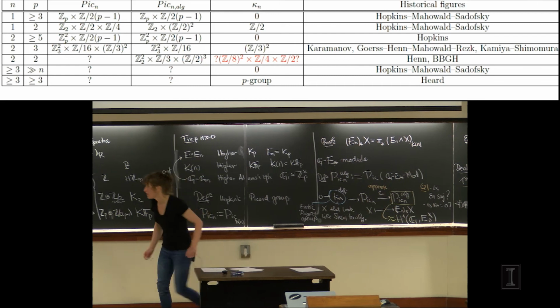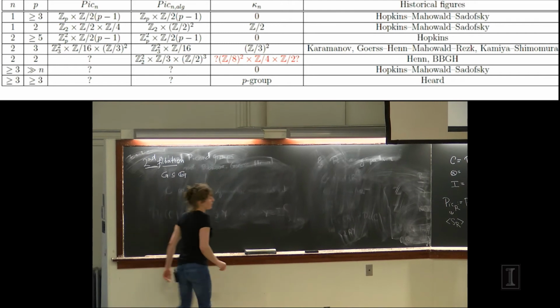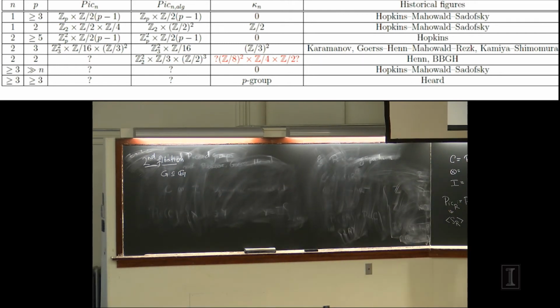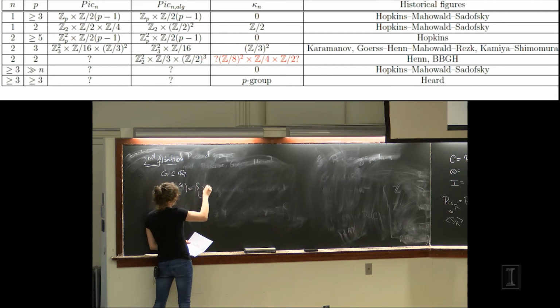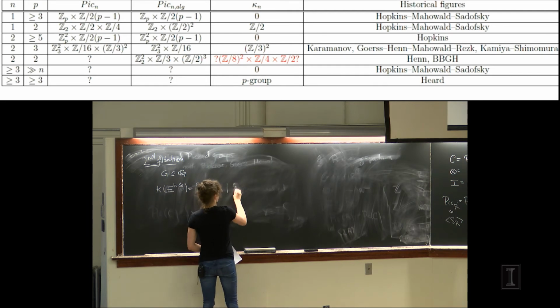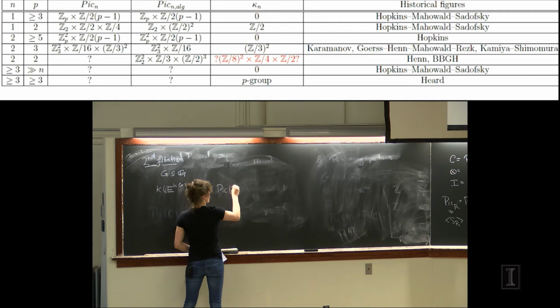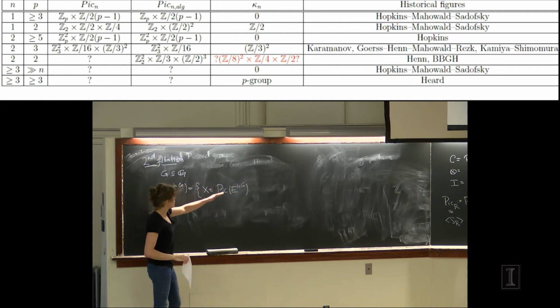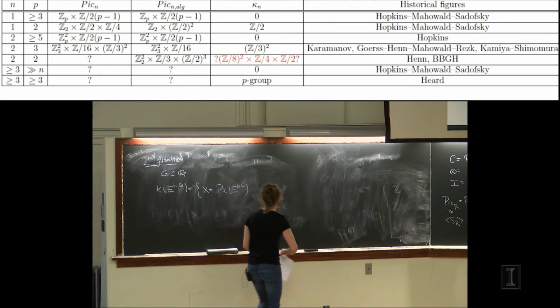Okay, so the second filtration, so now let's take G, a subgroup of the Morava stabilizer group, and I'm going to make a definition. Let kappa EHG be the elements of pic EHG, so by that, I mean the Picard group of EHG modules. That was the motivation for talking about this kind of example.